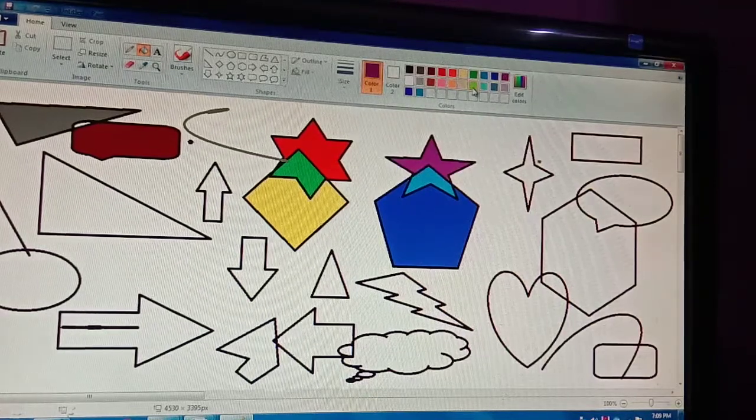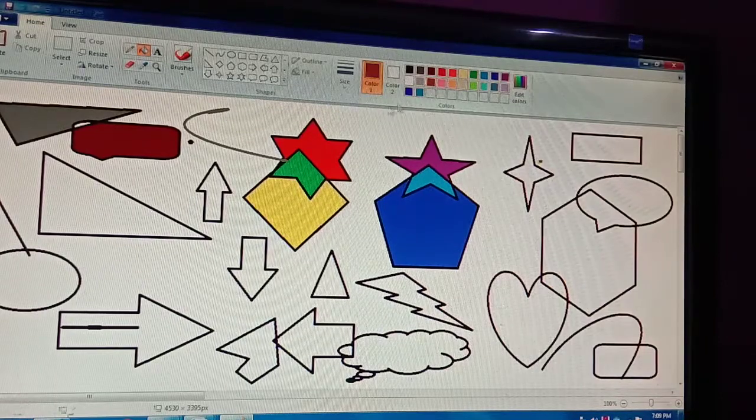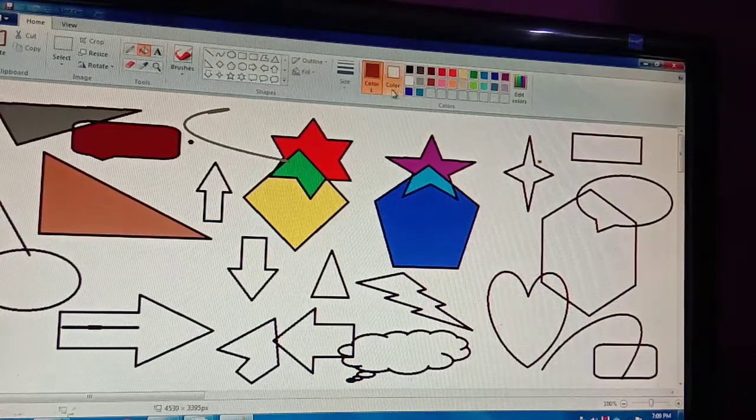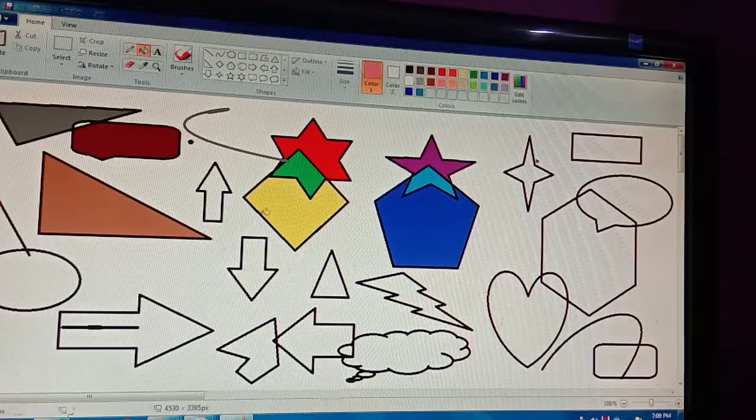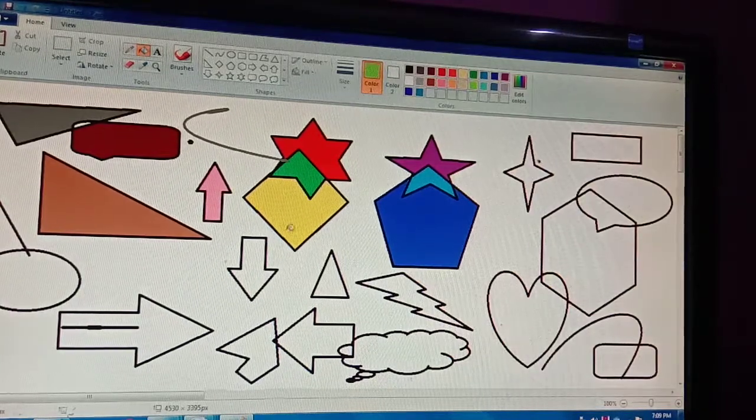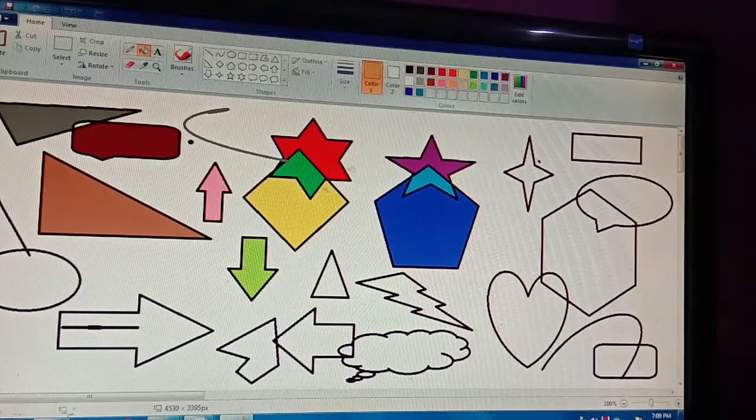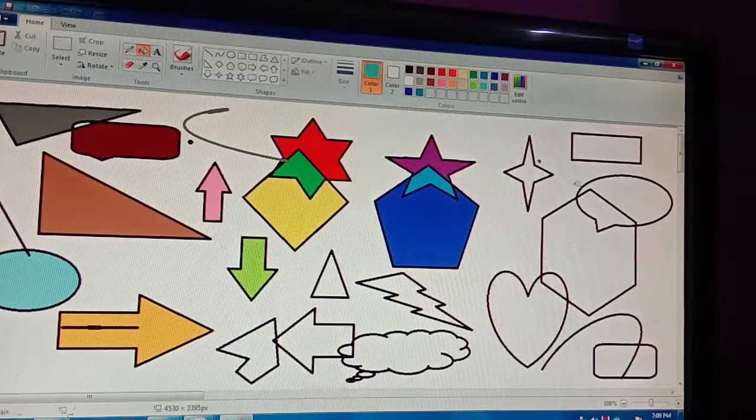Okay, so looking very beautiful after colors. Are you all enjoying it or not? Okay, so see here, so many colors are there, so many beautiful colors are there. You can use these colors very effectively and very easily.